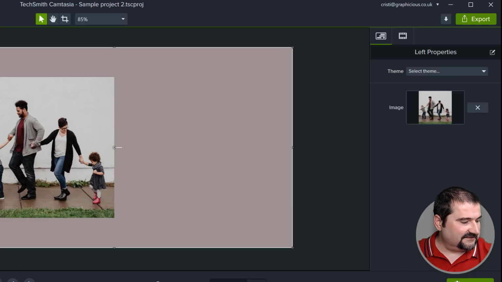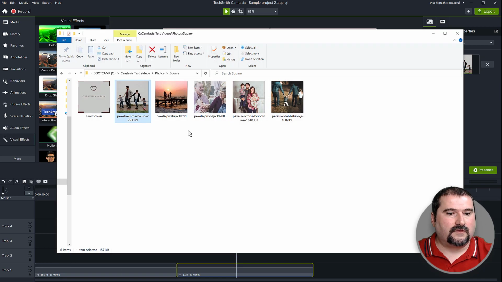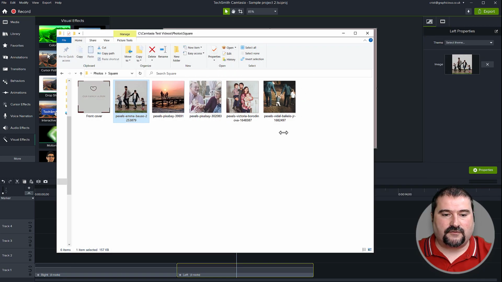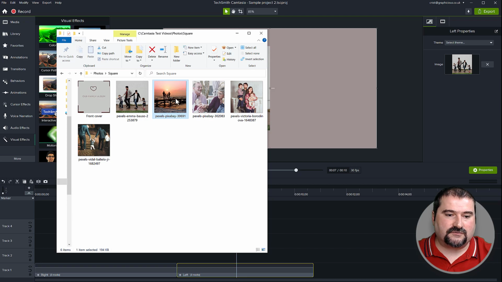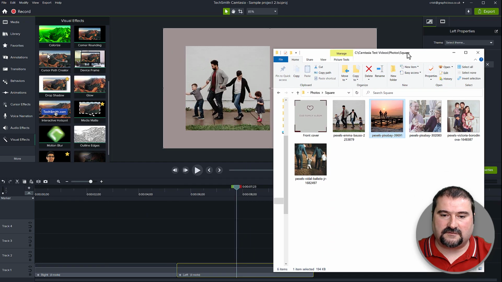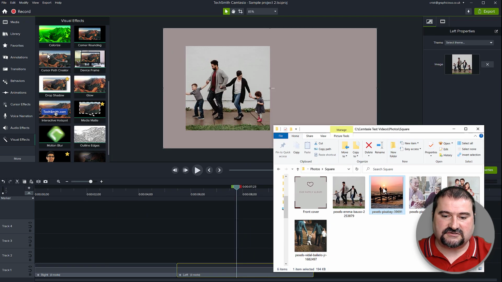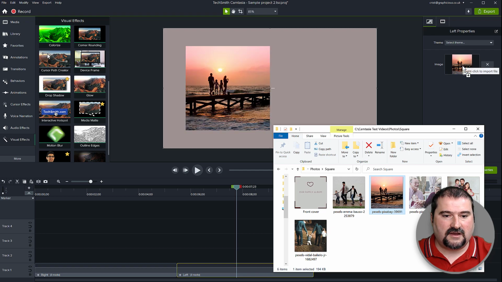Save your project. And now let me show you one cool thing. Let's suppose on the left page, I want to put this picture with this family at the sunset, right? So I'm just going to put that down here and just click on the image on your hard drive and drag it on top of this image here. There it is.